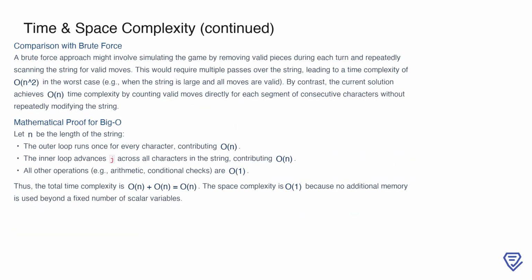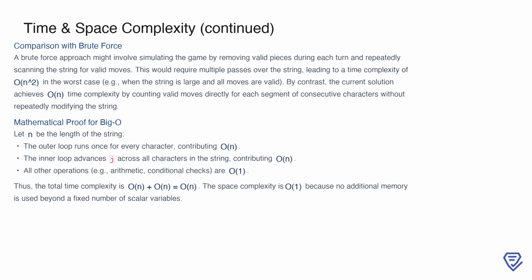Let's compare this solution with a brute force approach. A brute force method might involve simulating the game by repeatedly removing valid pieces and scanning the string for moves. This would involve multiple passes over the string, leading to an O(n²) time complexity in the worst case, such as when the string is very large and all moves are valid. In contrast, the current solution achieves O(n) time complexity by directly counting valid moves for each segment of consecutive characters